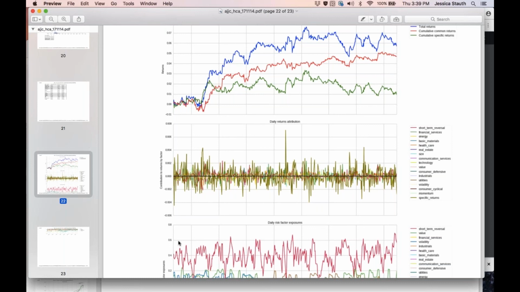It's not just, a counterexample would be, let's say you can go find a short-term reversal ETF that you just buy and hold, right? And that might give you a flat 0.8 exposure to short-term reversal all through time. That would be the least interesting version, right? Okay, you've just replicated. The way I think of it is